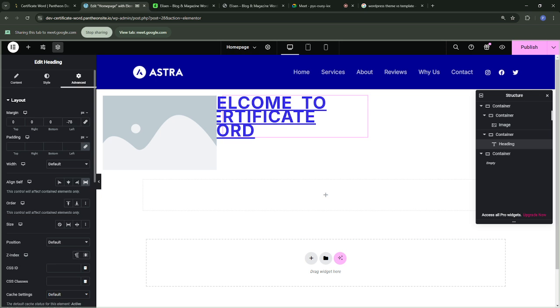So let's make it opposite. This is going to be 50, right? 50. Now when you have made it 50, it has come on top of it, because the z-index of the image is 20 and 50 is higher than 20. So that's how the z-index works. So it's like putting cards on top of each other. The one with the highest number will come on top. So in case in your design you want something to come on top of something to get it to look in a certain way, you can use the z-index to make it look like that. So that is it with the